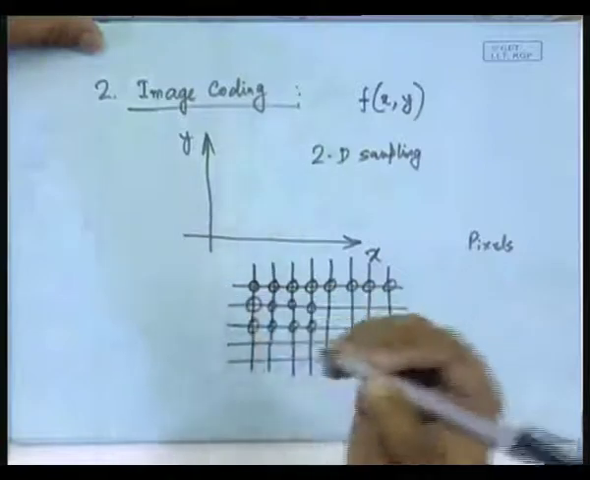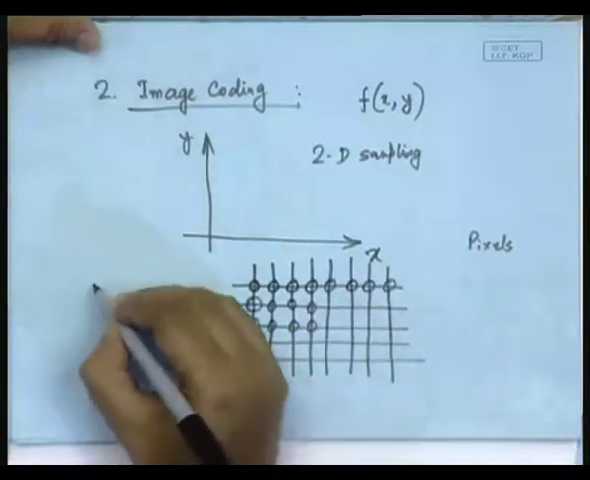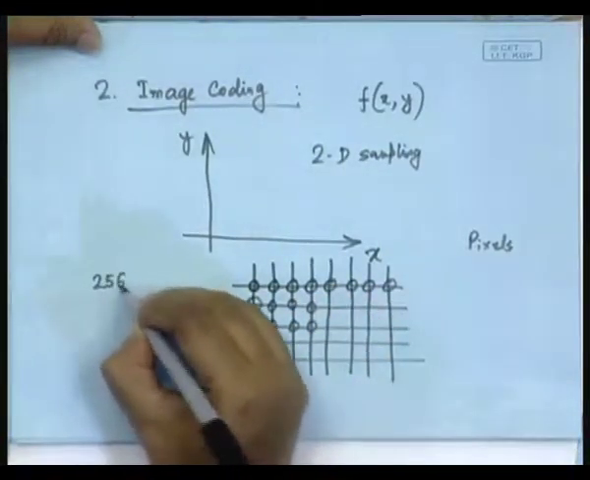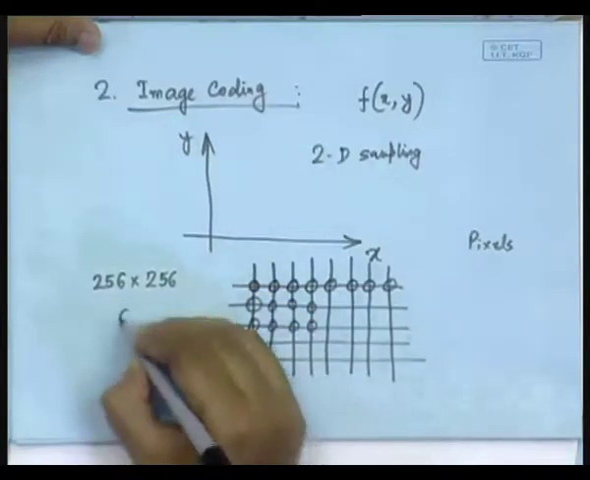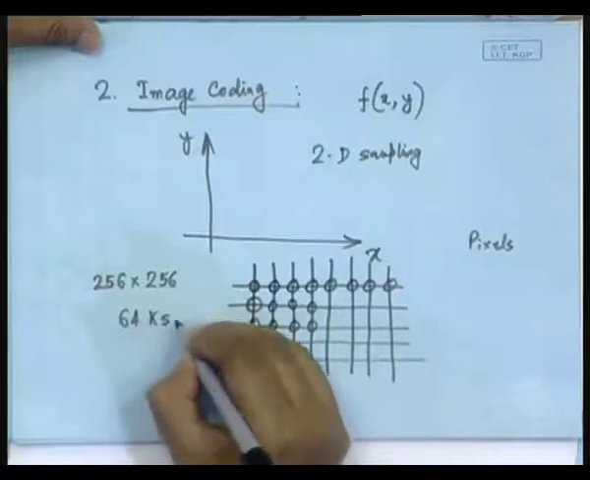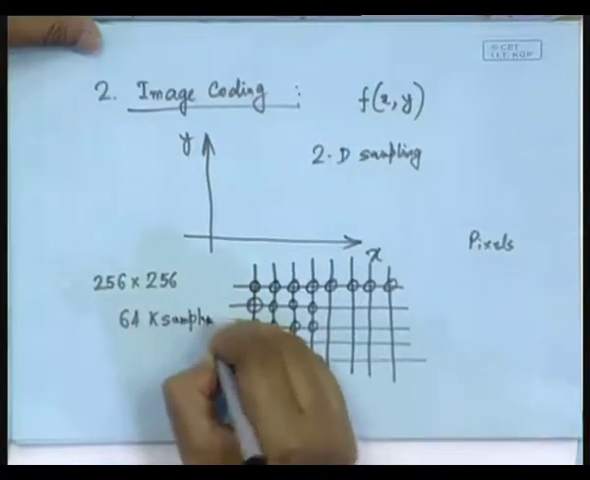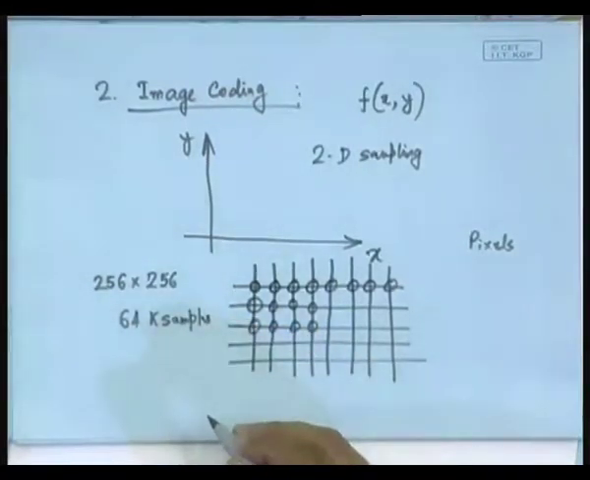Even a single image, just imagine, let us take a very typical size, say we take a grid of 256 by 256 image samples. Which means to say that there are 64 kilo samples in an image, or you call it a picture. Now, each of these samples can be represented by 8 bits of